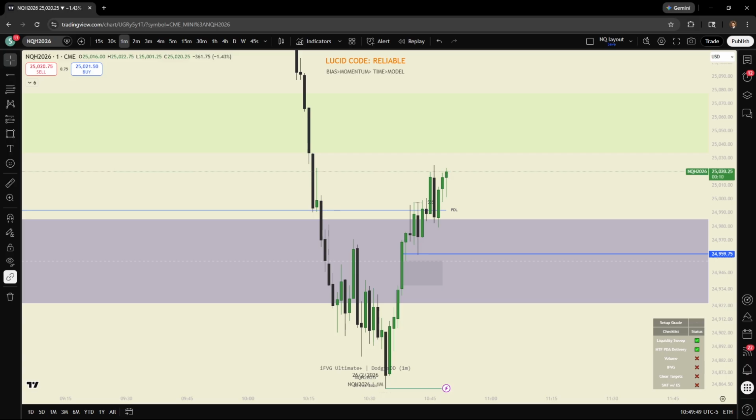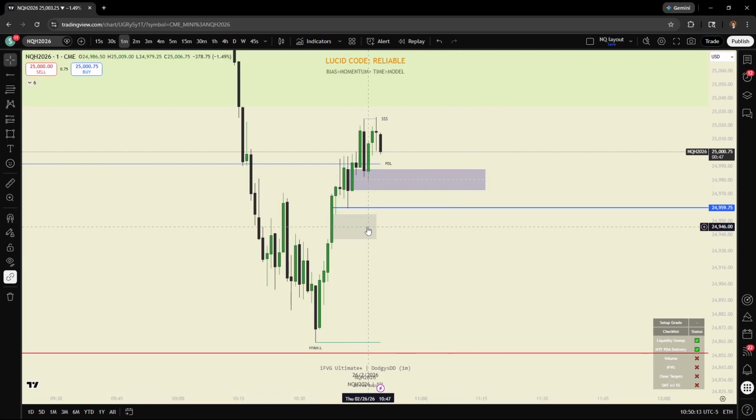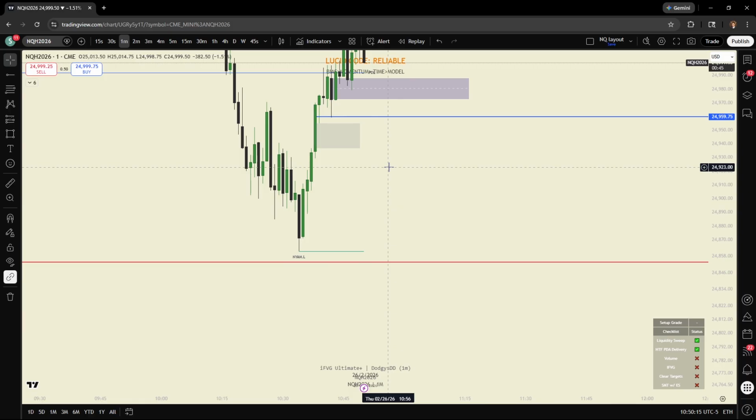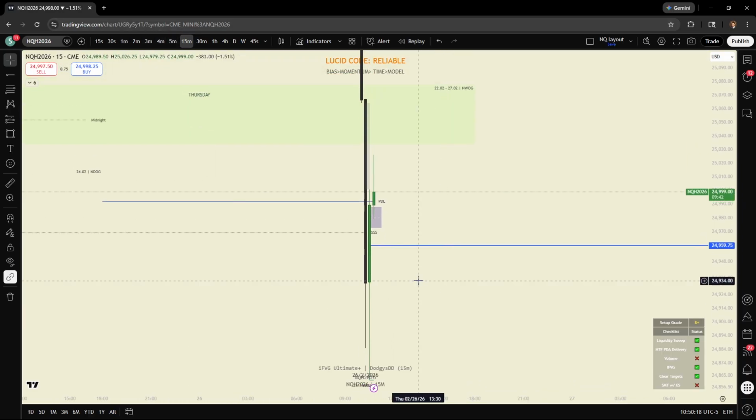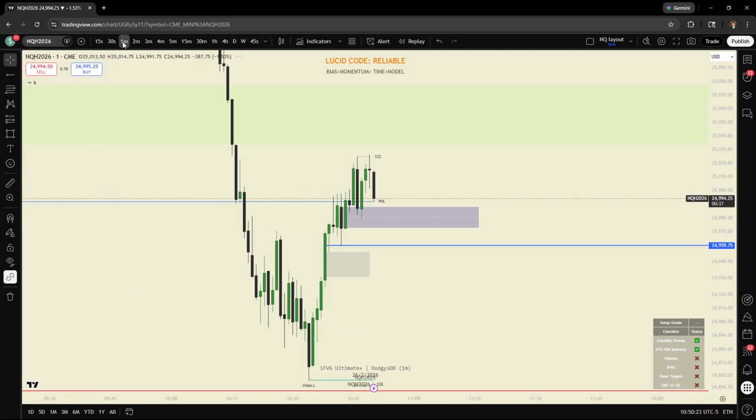We got macro in 10 seconds. So yeah, like I said, pay attention to this order block here on the 1 minute. I think this is going to be important. If we continue to hold this, I think we remain bullish. If we break it, I think we'll probably head back to the lows, and we'll just reject the 15-minute here, and this will just have been a short-term retracement. It's a pretty bearish reaction at the high there.